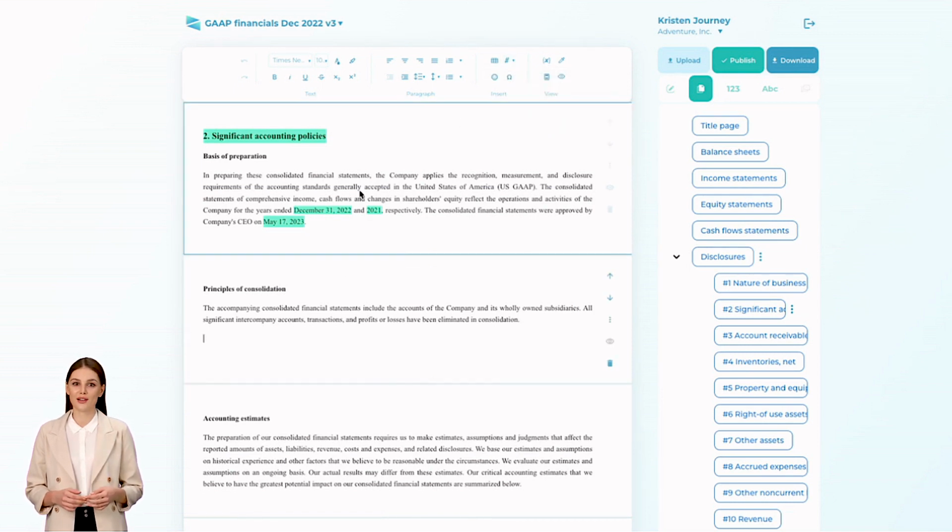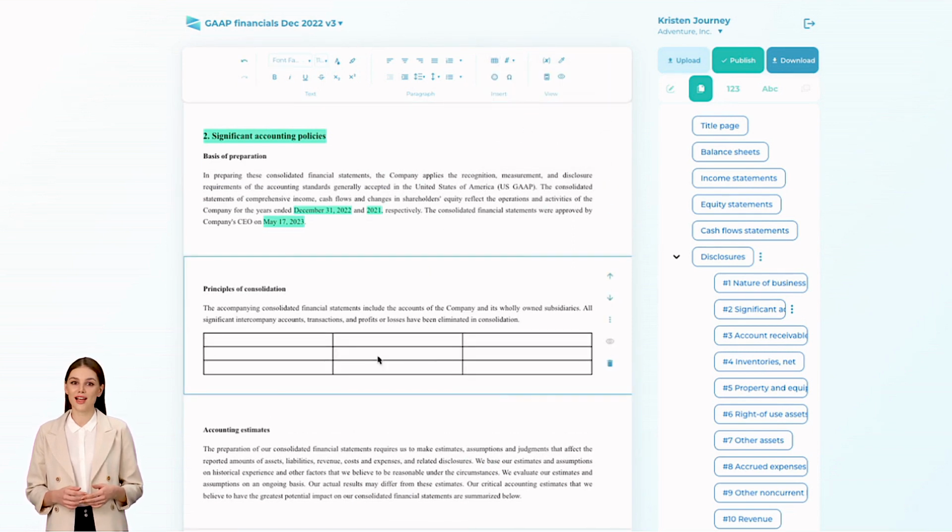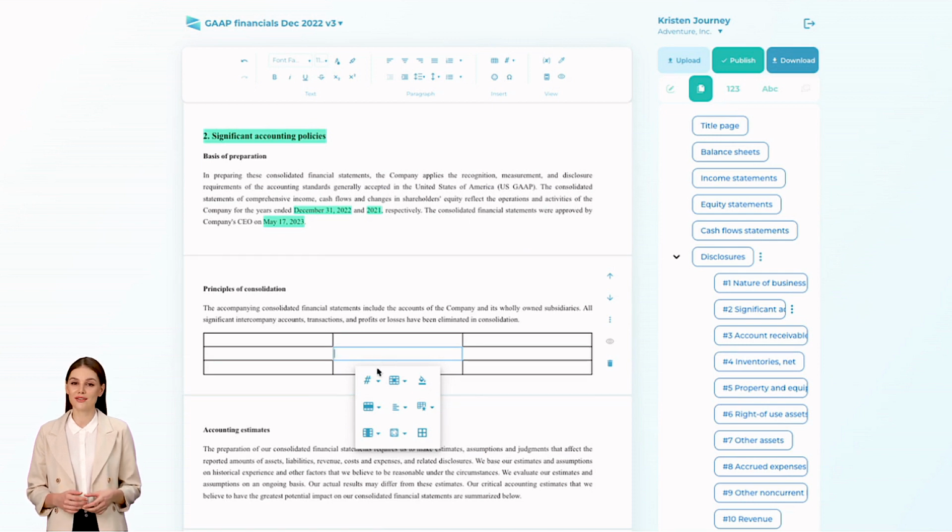Let's add a table and look at how its formatting works. In addition to all buttons in the text and paragraph blocks on the formatting ribbon, there are many additional functions that are used for tables editing. We summarize them all in a table pop-up menu that shows up when you click on a table cell. It's conveniently organized in a 3x3 matrix.